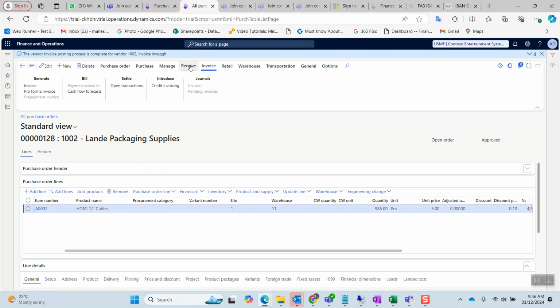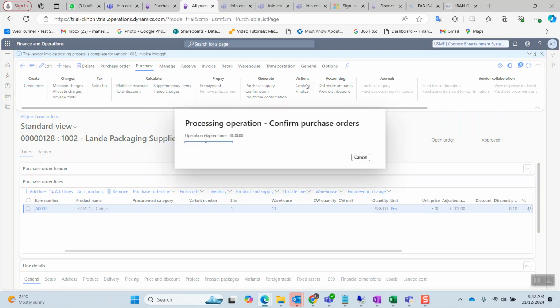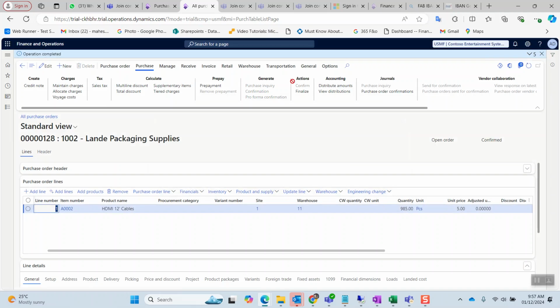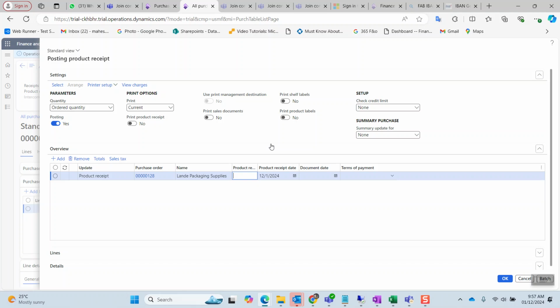For example, you will go to the receive tab. The receive tab is not enabled because my purchase order is not confirmed. So let me confirm the purchase order. Now you will go to the receive tab, generate product receipt. For example, if I received only 10 quantity, what you will do,